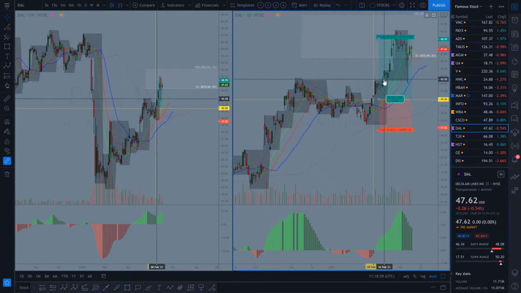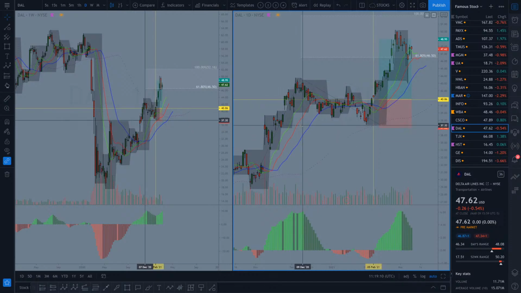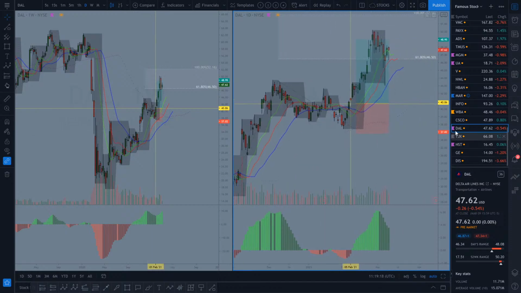You have your setup two here, you have a pullback. In fact, if you didn't take it here and it went in your favor, now you should be jumping. You should be happy because now you know that what you thought was a 3 and a 4 really is a 3 and 4 and now it's going into a 5. Take your entry here, take your entry here, profit. So that's why I am keeping a universe of